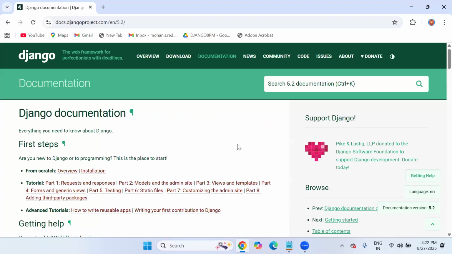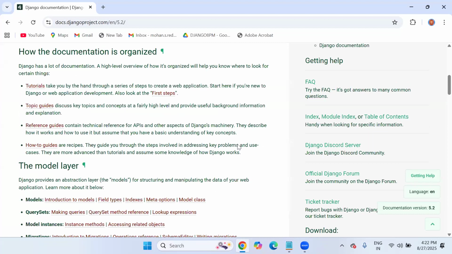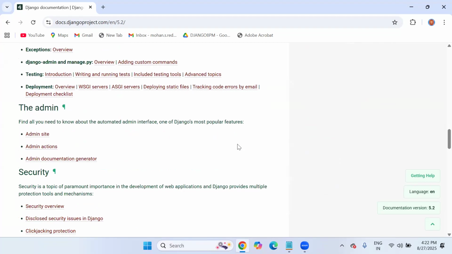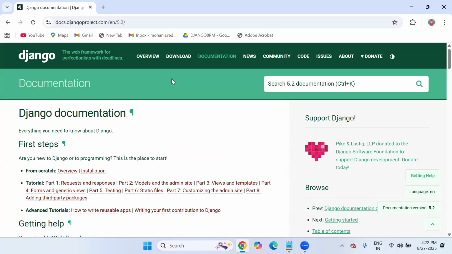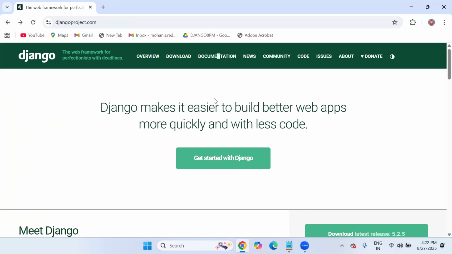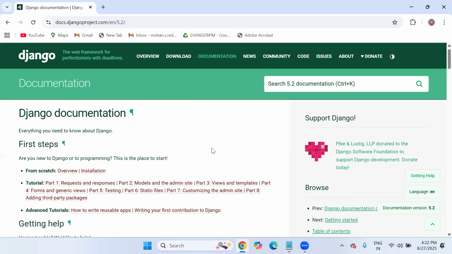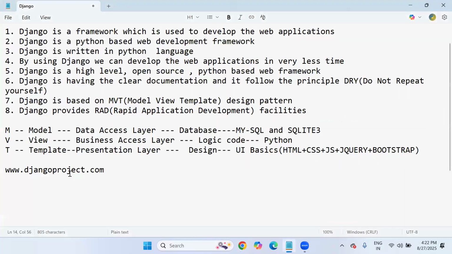There you can see model discussion, model layer, view layer, template layer, forms also. A lot of things are there in Django development. If you go back to the previous page, you will see download latest release 5.2.5 and the Django documentation section again. This is the latest version of Django. We don't spend much more time on this website because it's not required for us. I'm just showing you which is the official website of the Django framework.